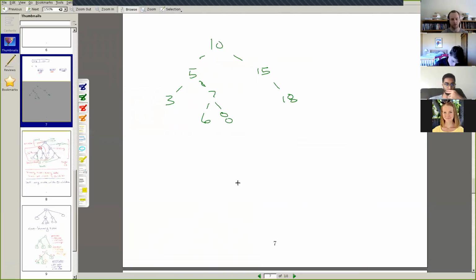The first step of the delete algorithm is the same as the insert algorithm or the binary search algorithm. First step for delete is just find the node. And you use the binary search procedure to find the node. So let's say we're going to, as our first example, delete a 6. Example 1, delete a 6.